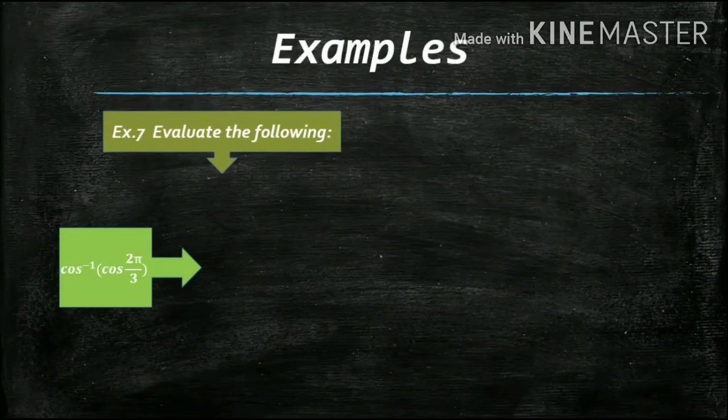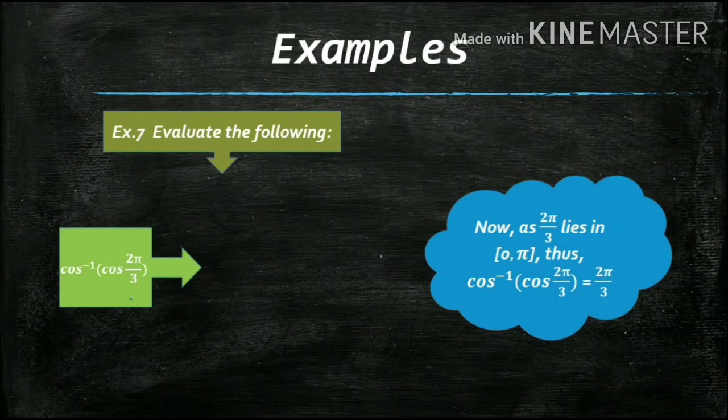Let's move to the next. What is the value of cos inverse of cos 2 pi by 3? Try it. Don't say it's 2 pi by 3, or you can say it, because basically 2 pi by 3 lies in the second quadrant, which means it lies in the closed interval 0 comma pi. And according to that self-adjusting property, cos inverse of cos 2 pi by 3 would be 2 pi by 3 only. Just look how easy the question would be then.